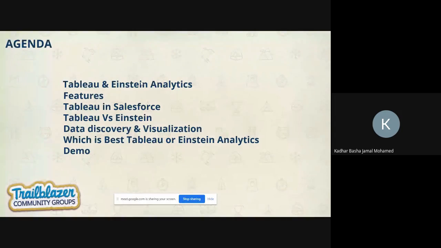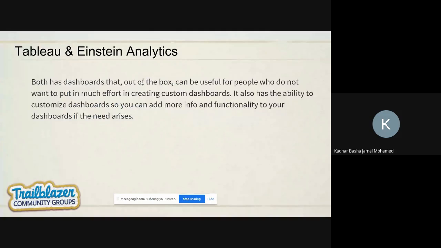So let's move on to the first part. It's Tableau and Einstein Analytics. So Tableau has the same functionality which we have in our Salesforce org, like traditional reports and dashboards. What is meant by reports? If we have some objects like standard objects and custom objects, we have some set of records. It may be a small size, or it may have a huge amount of data, like a terabyte.